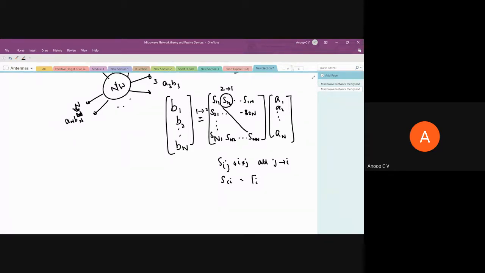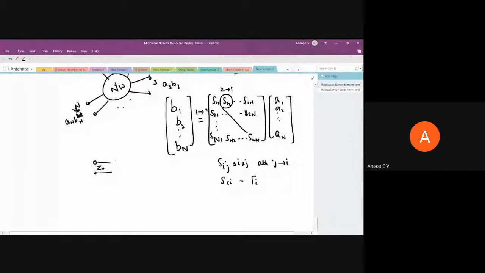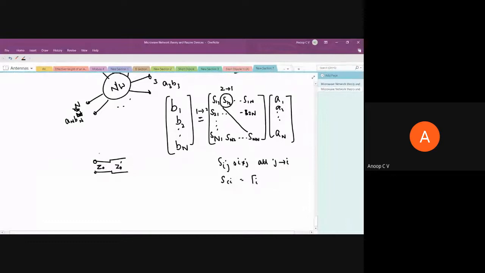Additionally, what will happen to S parameter if you are cascading two networks which are not matched with each other? Suppose there are two transmission lines, one with characteristic impedance Z0, and you are connecting it with another transmission line with some other characteristic impedance Z0 dash. If it is not matched, how do you find the collective equivalent S parameter description? That will be another interesting topic, so we will see all those things. Hardly two more classes I may take. With that, this S parameter part will be done.